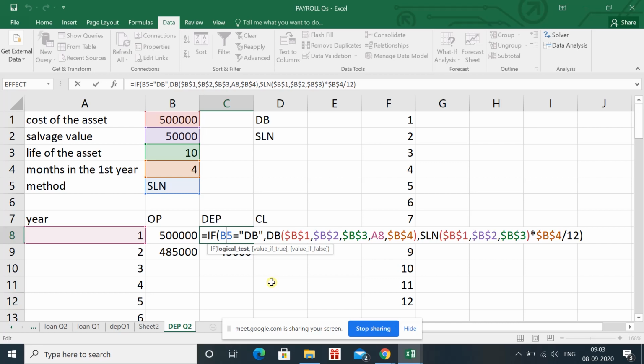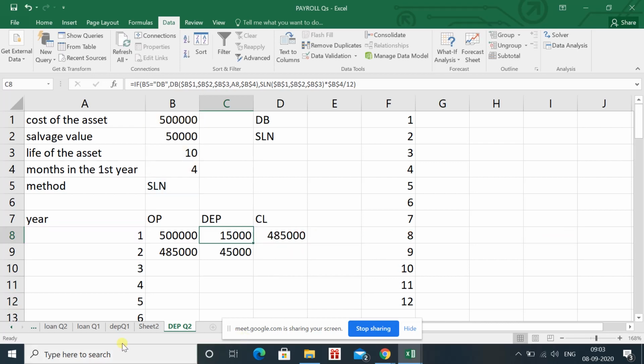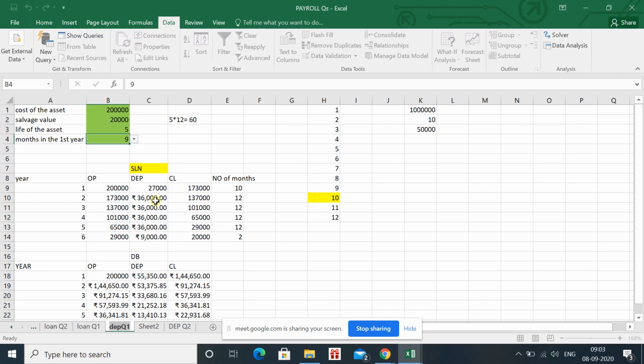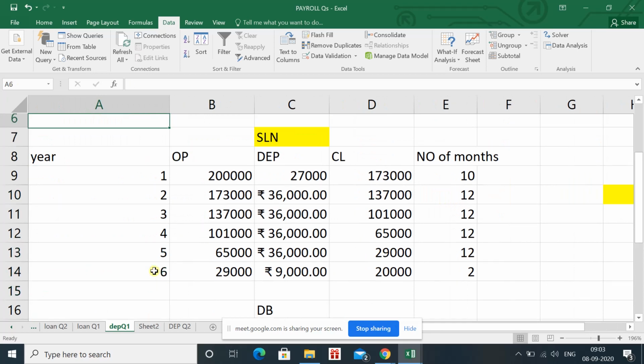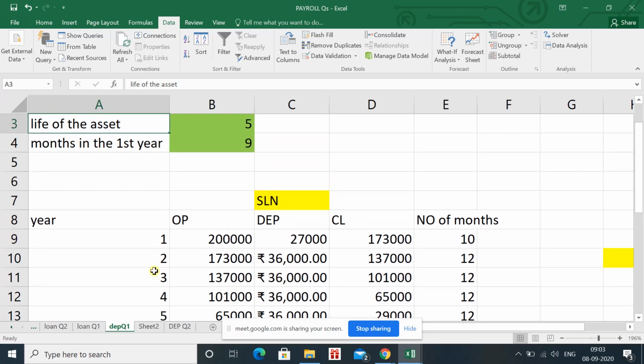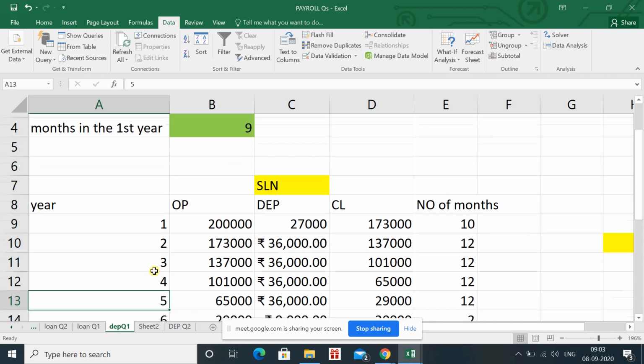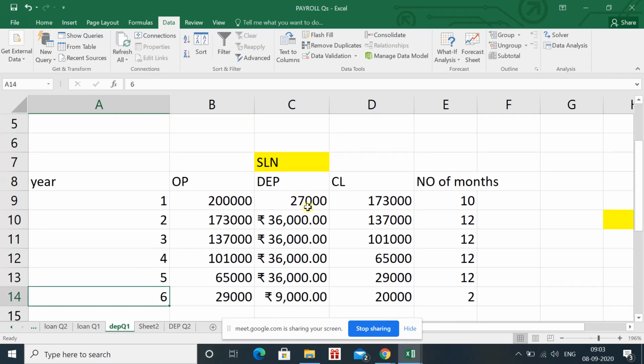As we have already discussed for question number 1, the formula which we apply in the first year and in the second year will vary. Why will it vary? Because in the first year you are not using it for the full 12 months, so depending upon the months which you are using in the first year, the overall value will vary.